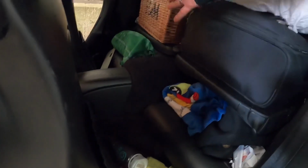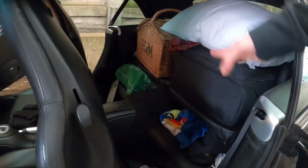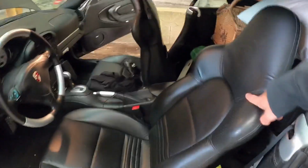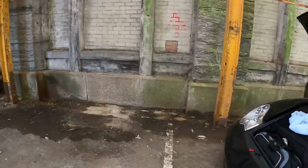So we have the suitcases here, and then underneath you also have plenty of space to tuck in what you need. We've used this for towels, jackets and whatnot, and on the other side as well, more stuff gets packed all the way along and inside. So it's perfect. There's a lot of space that can be utilized, and I love that. If you look here, it's pretty packed to the brim. And then I've got my washing equipment here if I want to wash the car. So for the most part, it's been fantastic. We're going to make a move, but first,